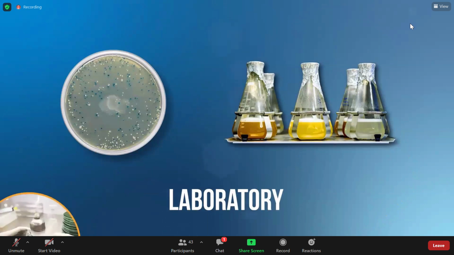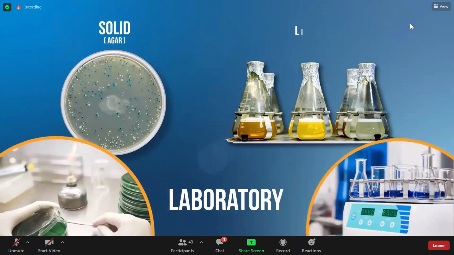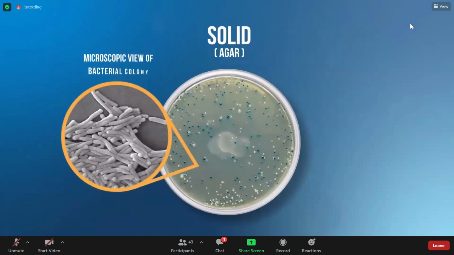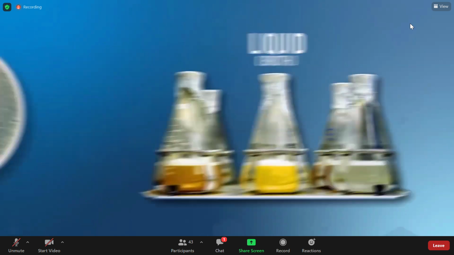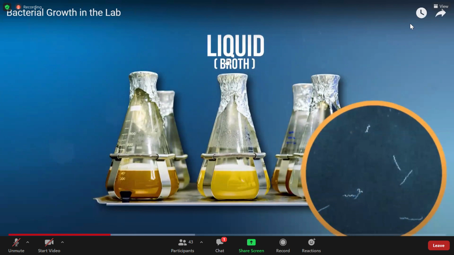In a laboratory, bacterial cells are typically grown either on a solid medium called agar or in liquid broth. Bacterial cells that replicate on a solid surface pile on top of other cells, forming a visible spot or colony. Bacterial cells that replicate in liquid culture will float, giving the culture a cloudy or turbid appearance. This is given on the shaker.